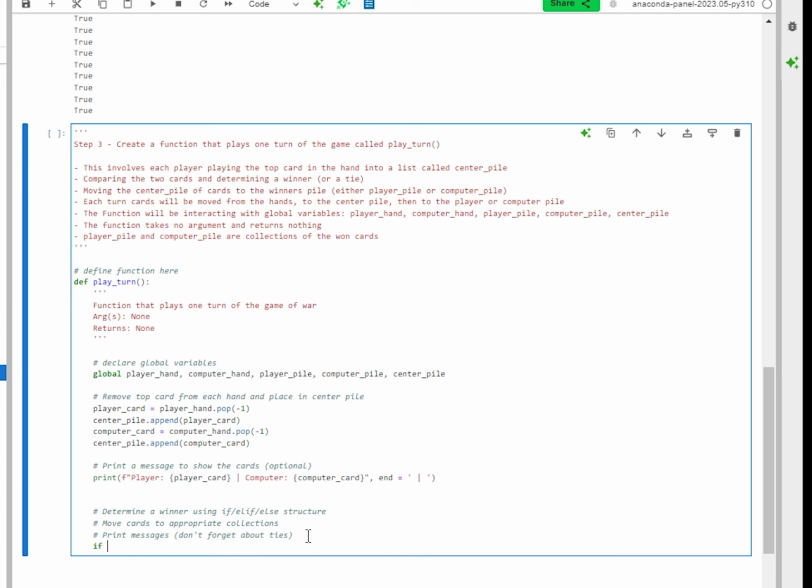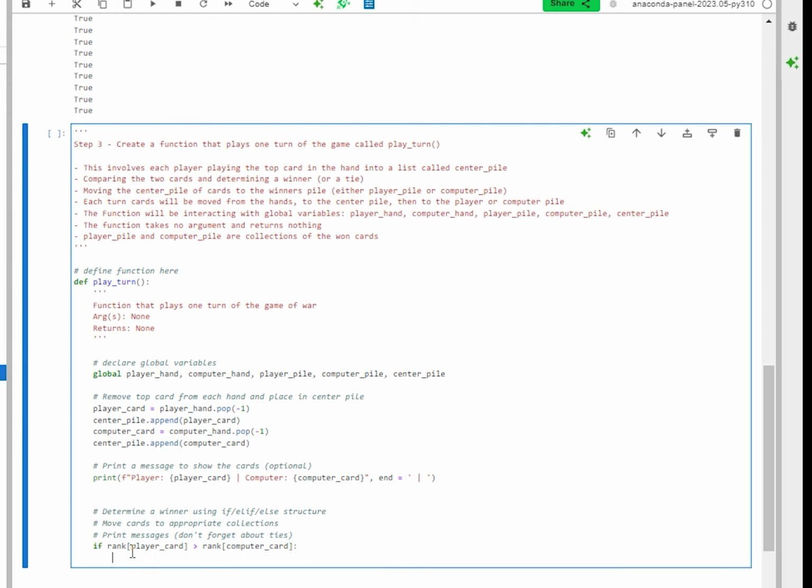So we've created the rank dictionary back up in step number 1, and we can refer to it here inside of this function by looking up the rank of each of the cards that the player and the computer have played. So if rank, excuse me, that needs to be a square bracket right there, rank square bracket player card. So player card is going to represent the key inside of the dictionary rank, and it's going to look up the ranking. So rank player card will return the playing value, the rank value of that card. If that's greater than the rank of the computer card,